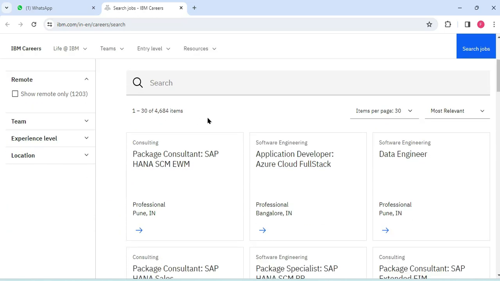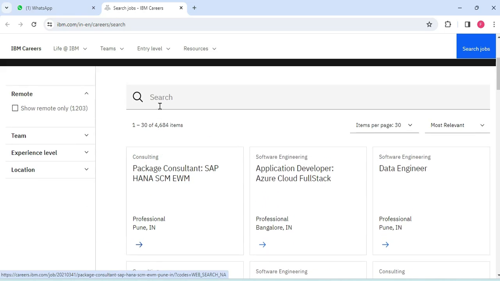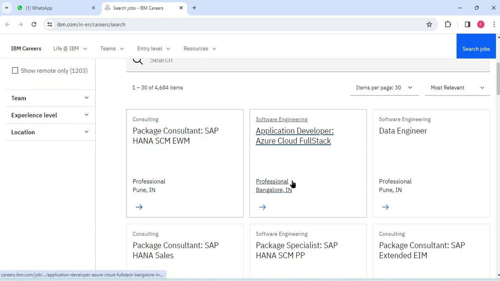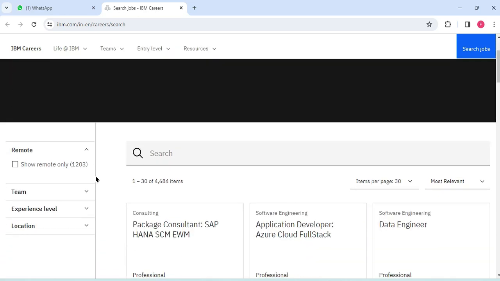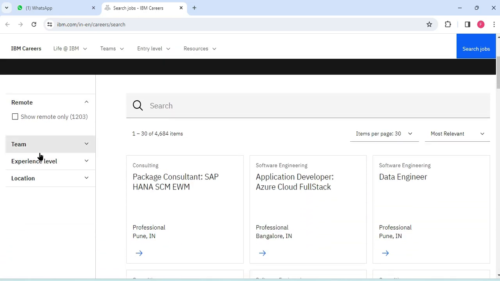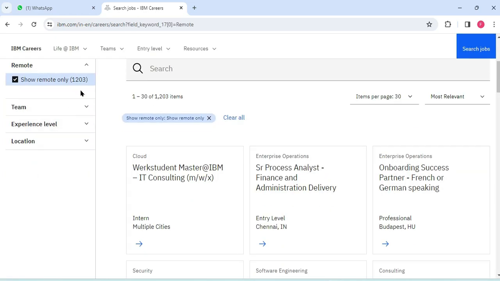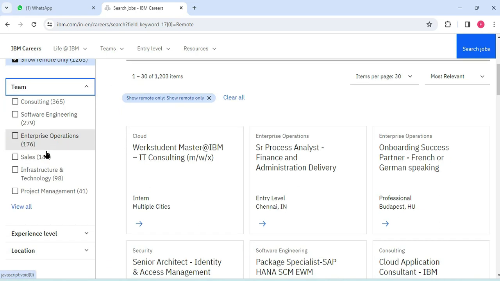Here you can see the latest updated jobs which are open. A lot of profiles are there, and a lot of locations are available, so you can choose the best suitable profile for you. Here you can see various filters. If you want to see only remote jobs, you can filter for only remote jobs, which is approximately 1200 jobs available, and which kind of team you are looking for, that also you can check out